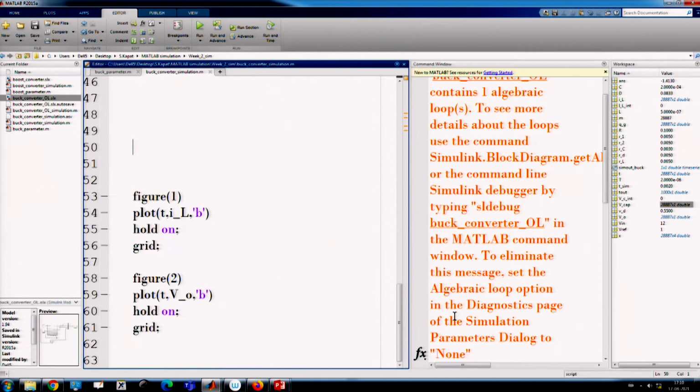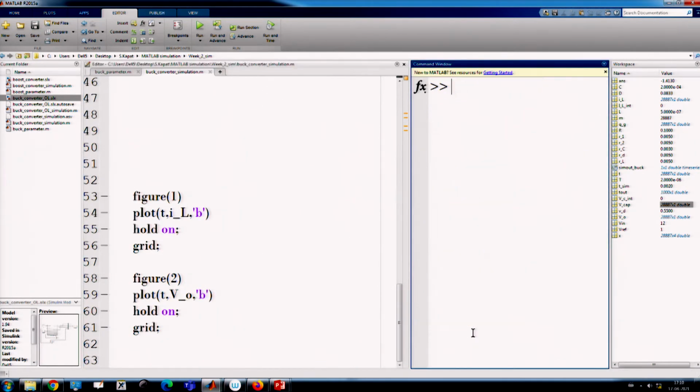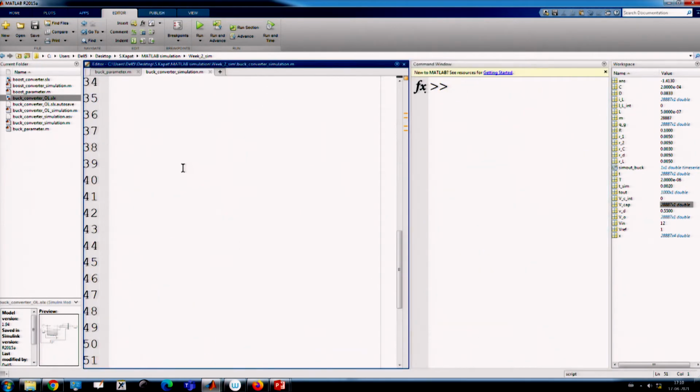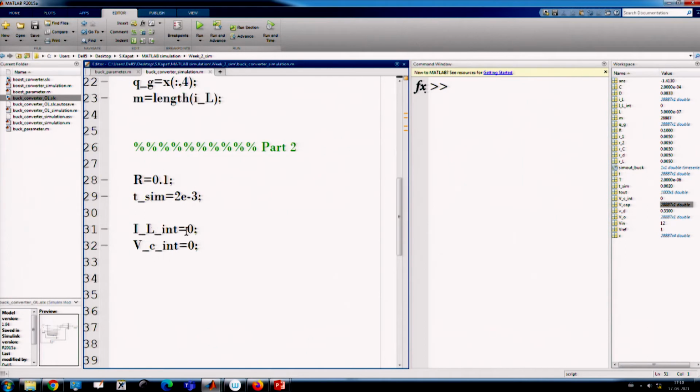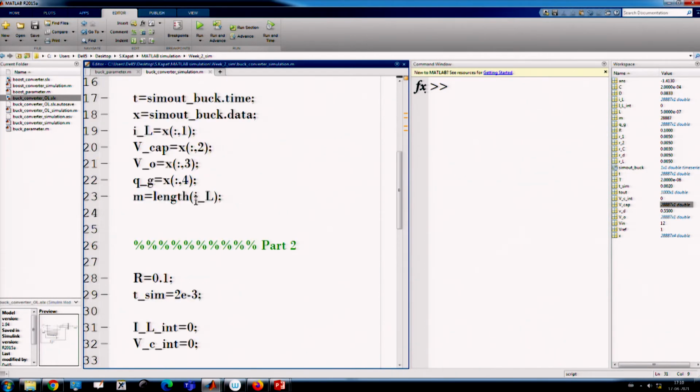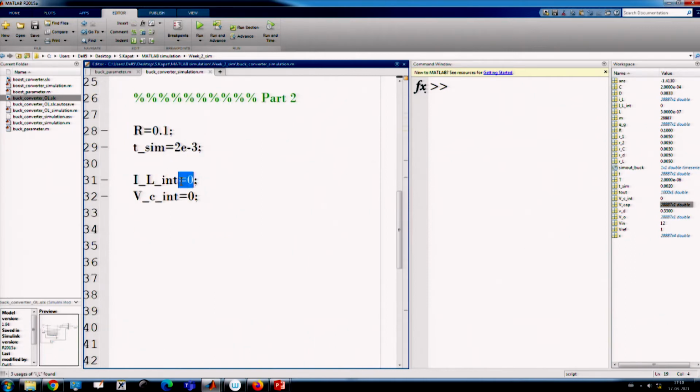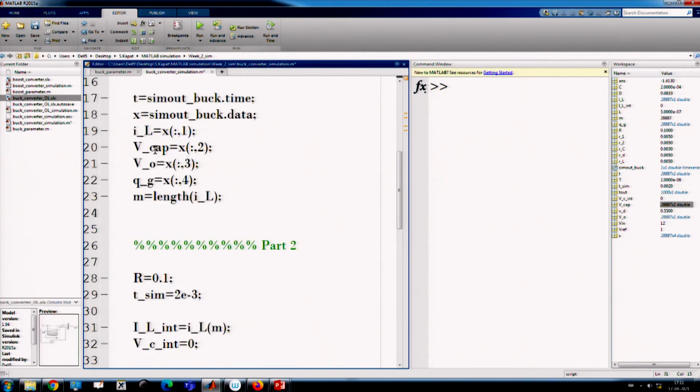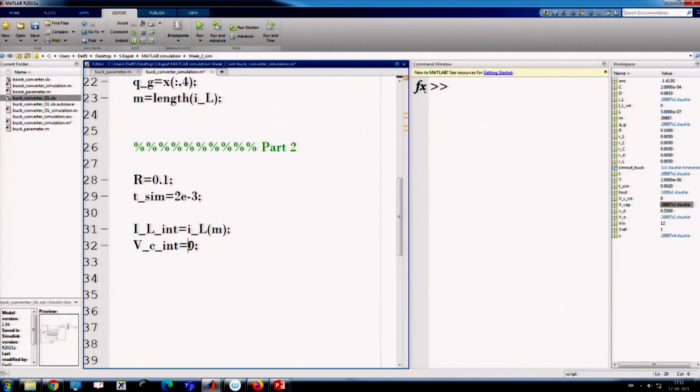First of all, we need to identify the final value. So this initial condition will be my IL comma M, and this initial condition will be my V cap comma M. Now you are ready to go.